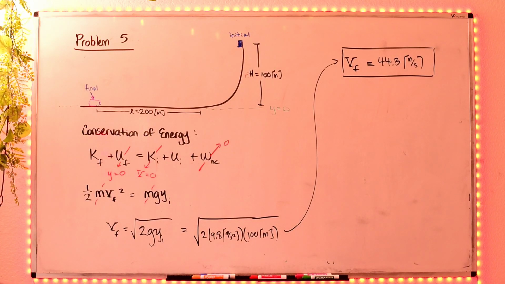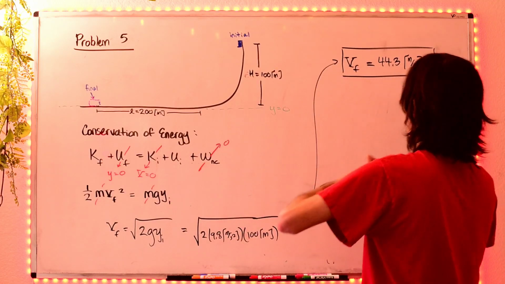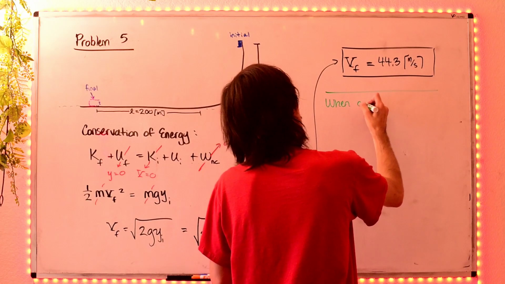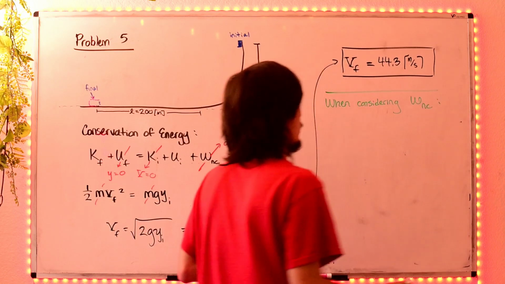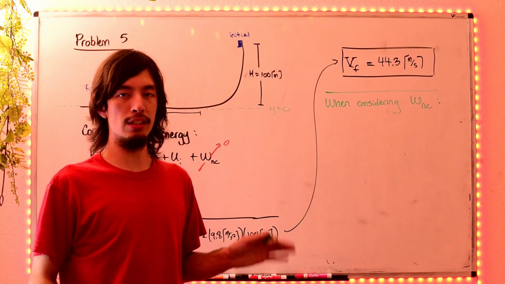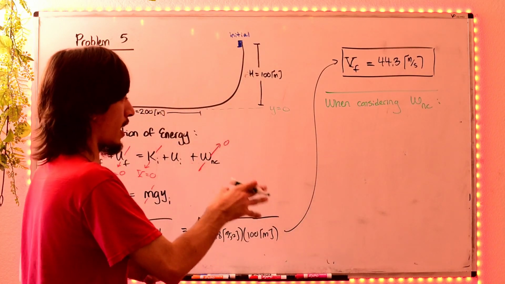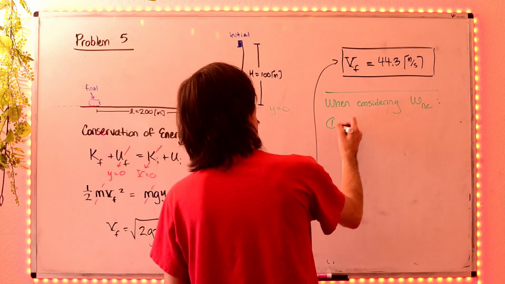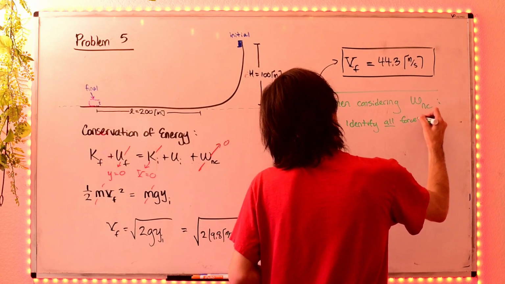So you have the question, can you explain briefly why work non-conservative is 0 again? Okay, so let me write this out. When considering non-conservative forces, so W_NC, the consideration that you take into place is first to identify what forces you have in the problem. So, 1, identify all forces at play